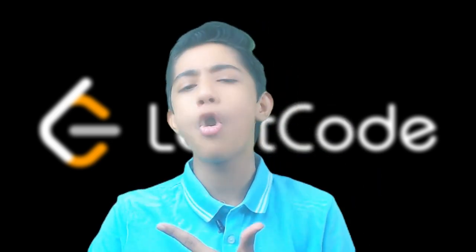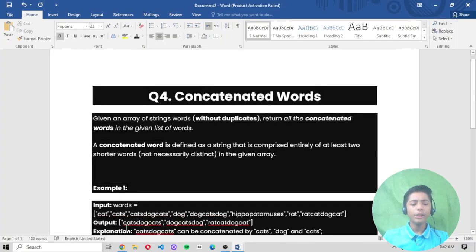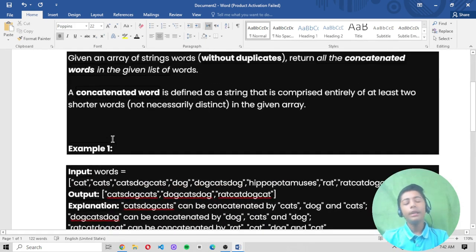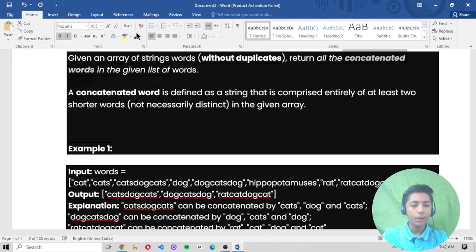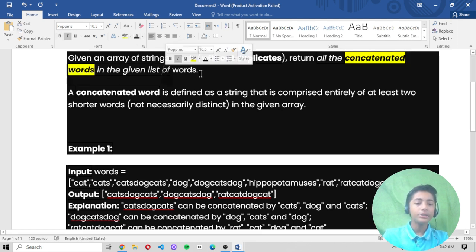So, let's go! Let's try to solve this question by the name of concatenated words. It is giving me an array of strings, words, without duplicates, and we want to return all the concatenated words in the given list of words.